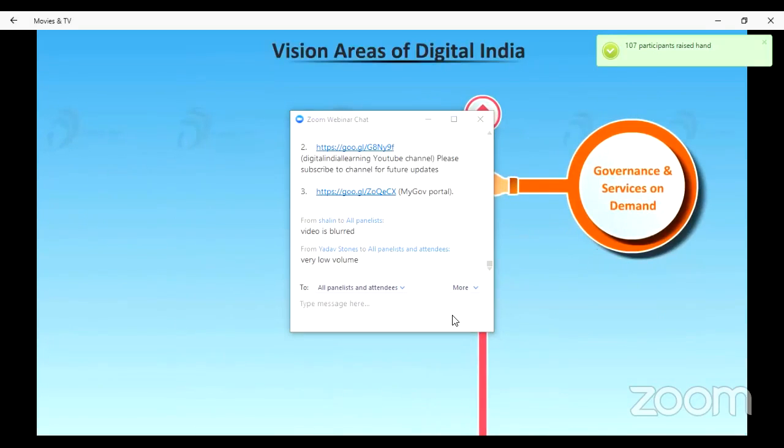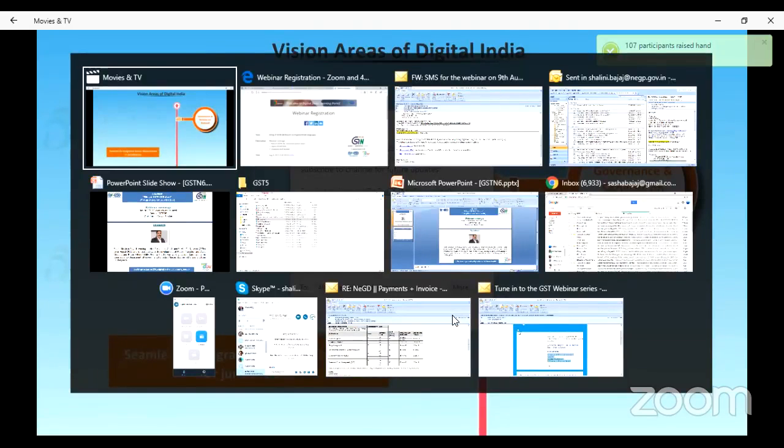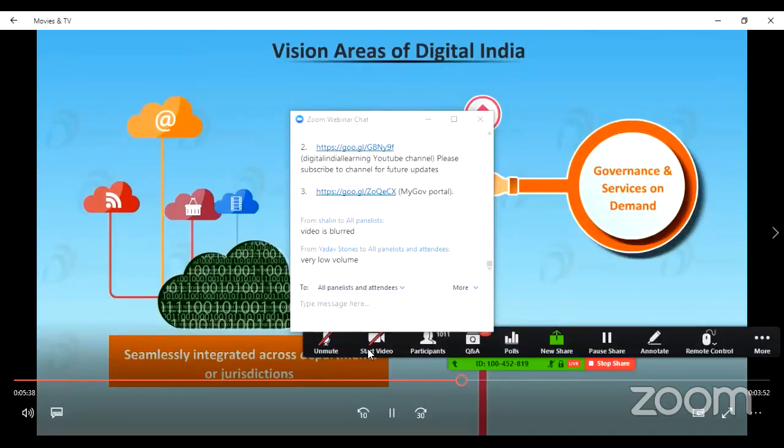The key components of the second vision are services seamlessly integrated across departments or jurisdictions,